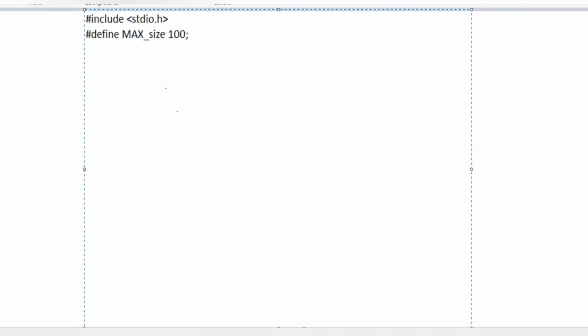So we define the maximum size of our array as 100. Then we take different variables like size, i, toSearch, found.